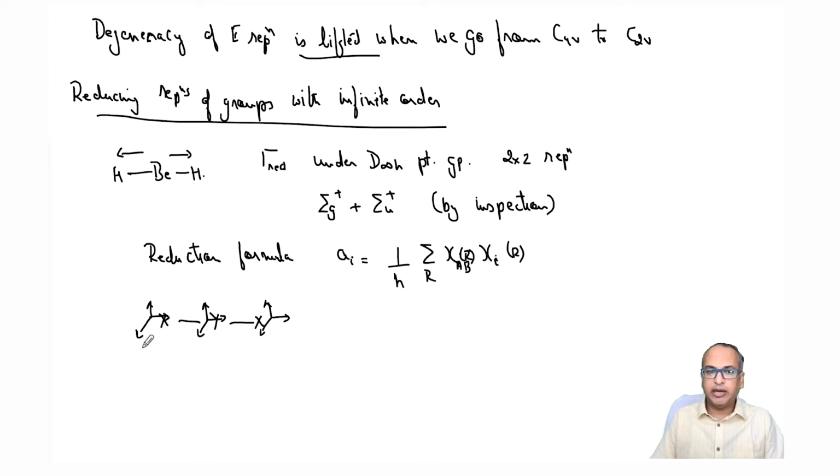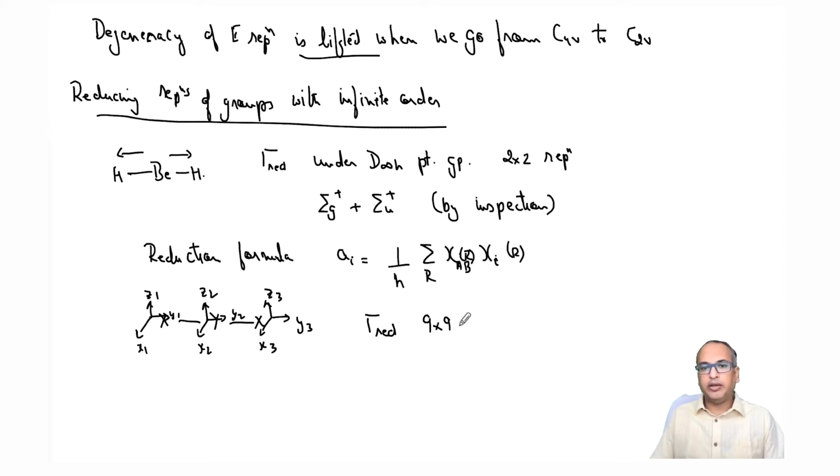Okay, so I can have this requirement that this is my X1, Y1, Z1, X2, Y2, Z2, X3, Y3, Z3. Now this tau reducible will be 9 cross 9, right? So first of all, it is not straightforward to construct a tau reducible with 9 cross 9 if we have